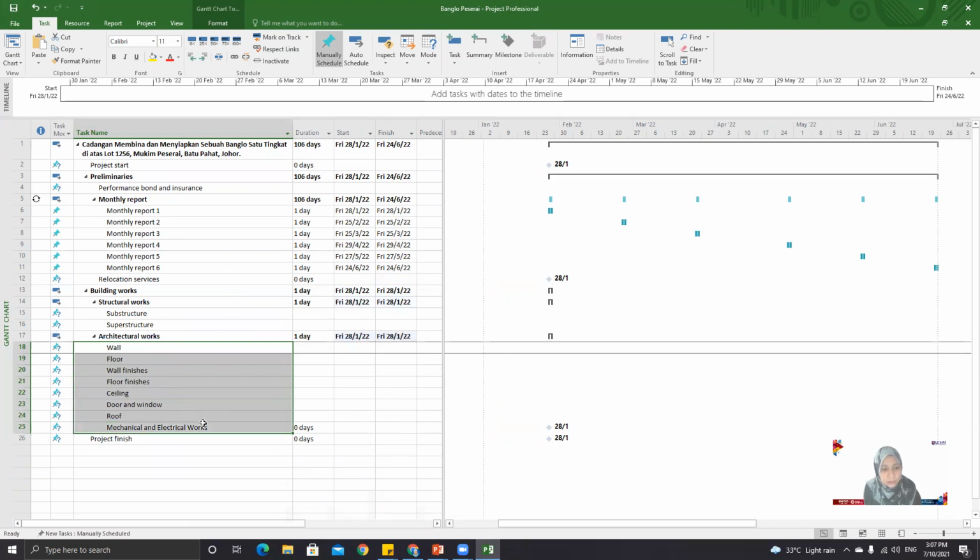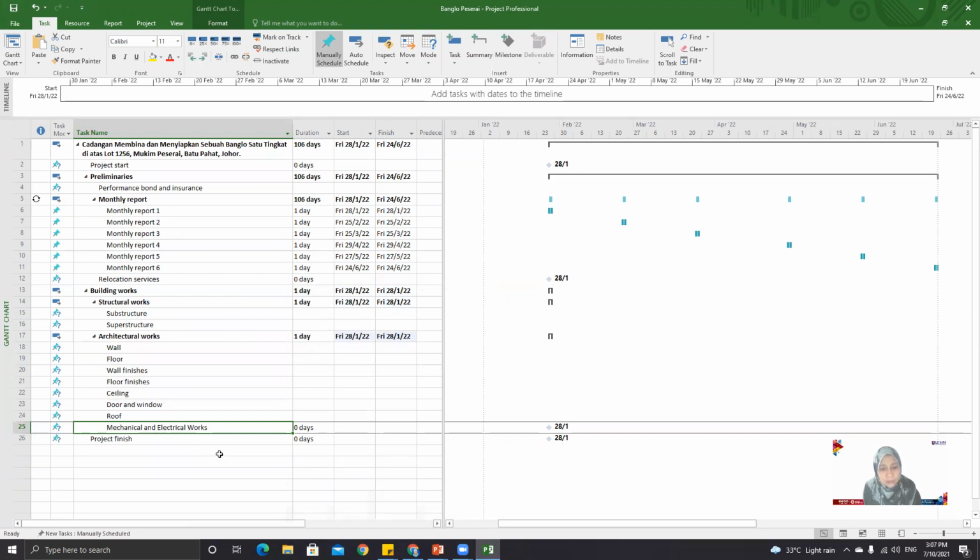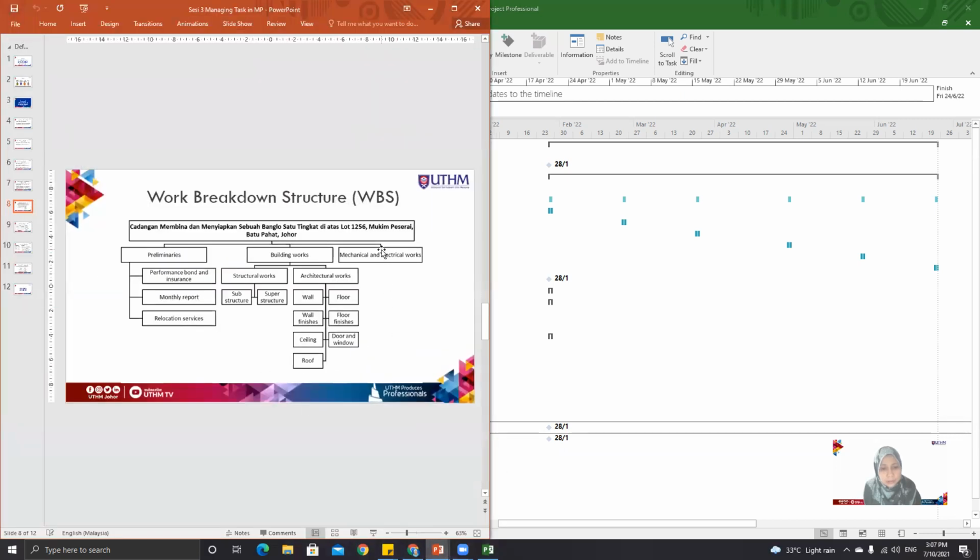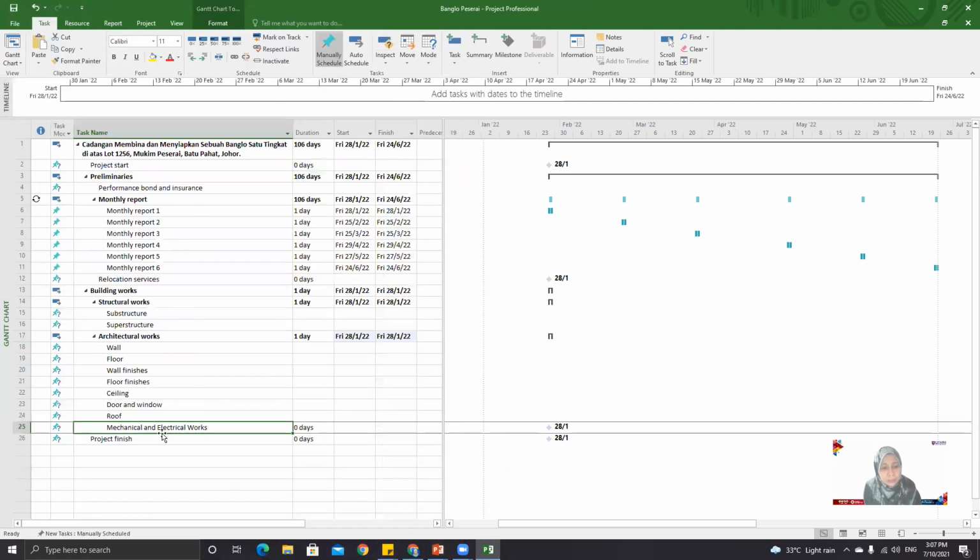Say I highlighted the mechanical and electrical works. If you see, its line and its tab are the same, on one line here. So it means that this mechanical is a sub-task of architectural work. But actually that is not correct, because the M&E work is a sub-task of our project. So this is a mistake. If it is a mistake, just click and then go to Outdent Task. When we choose this, it will change our activities to summary tasks, meaning it will go back to the previous